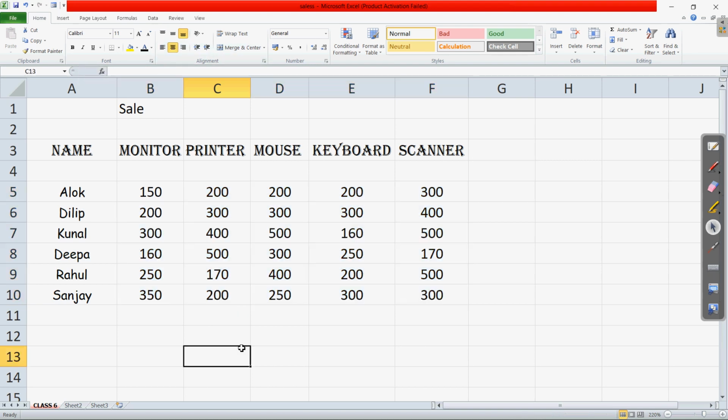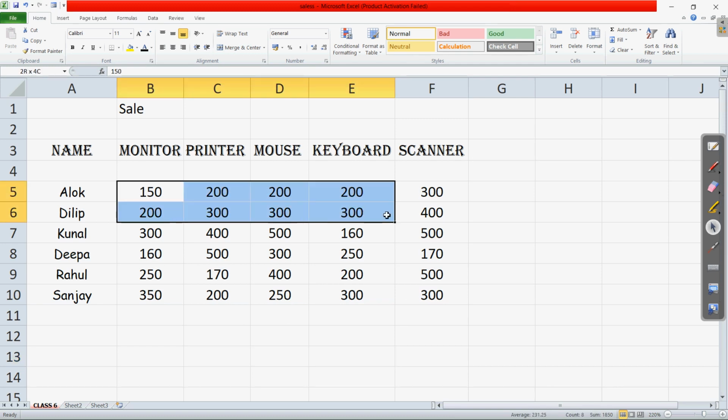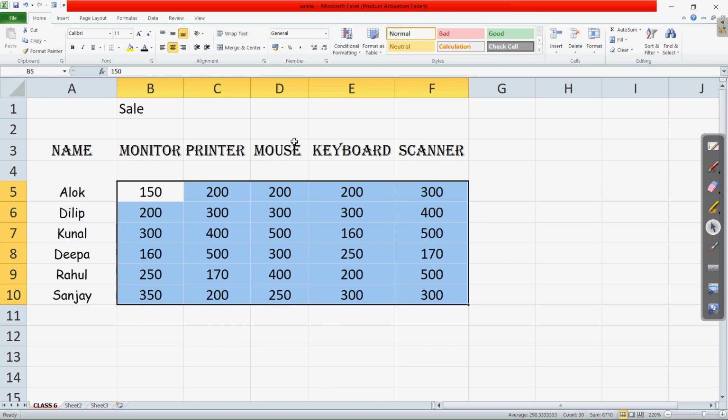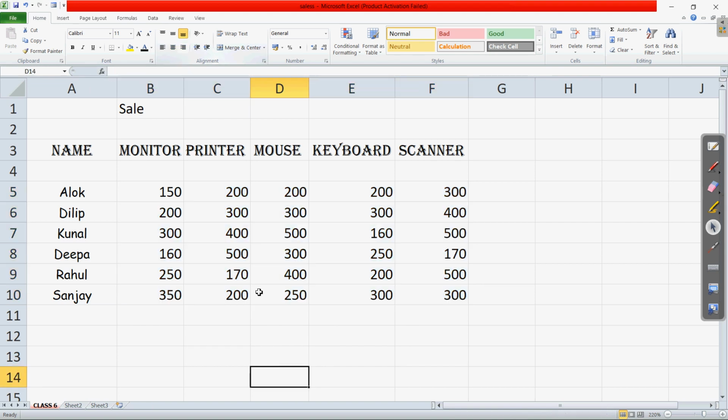You can see the numbers are appearing in the middle of the cells. If we want the right alignment, we choose the third one. If I click on this right alignment button, you can see the text is appearing to the right of the cells. So this is how we can change the alignment.